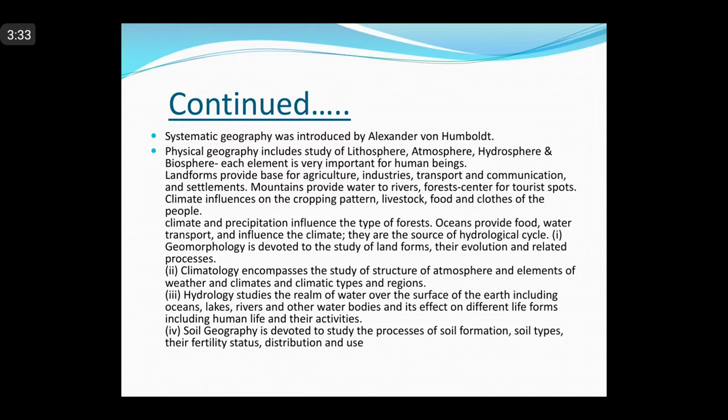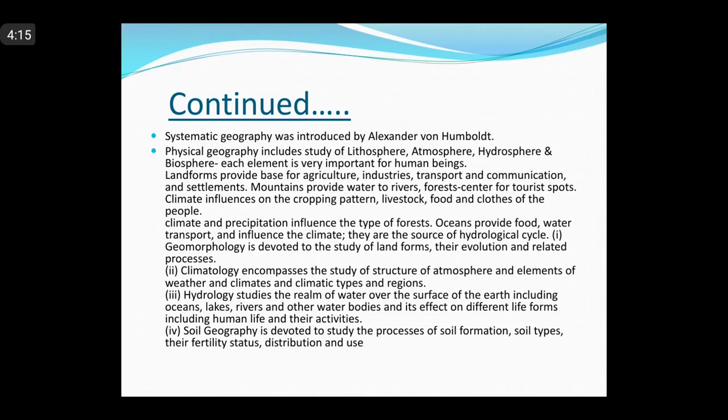And then the second one is your climatology, and this is the systematic study of climate and its constituents like rainfall, temperature, atmospheric pressure, movement of winds, storms, and all these, and their areal distribution over the globe. Okay, then the third one is your hydrology. Hydrology is the study of the role played by water in nature and human life through oceans, rivers, glaciers, water vapor, rainfall. I hope you must be getting all these branches of geography